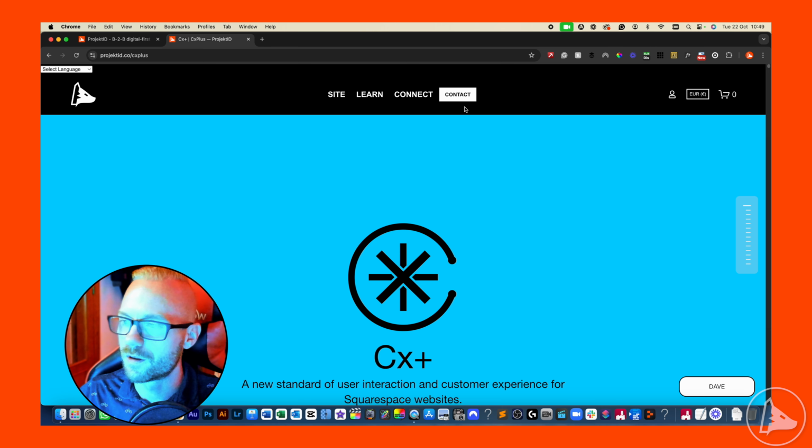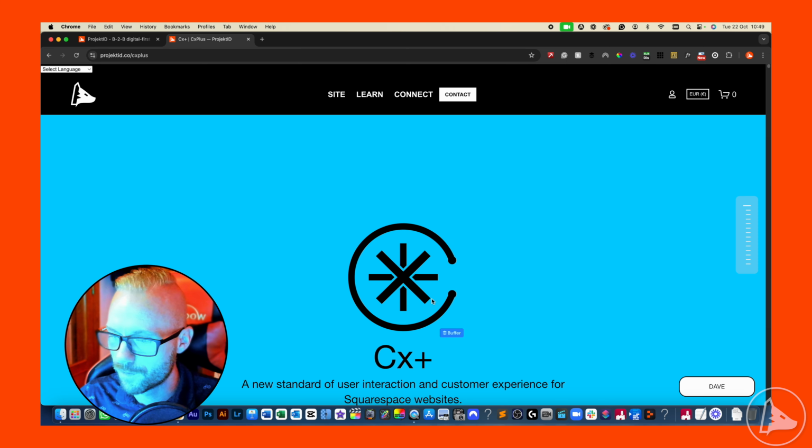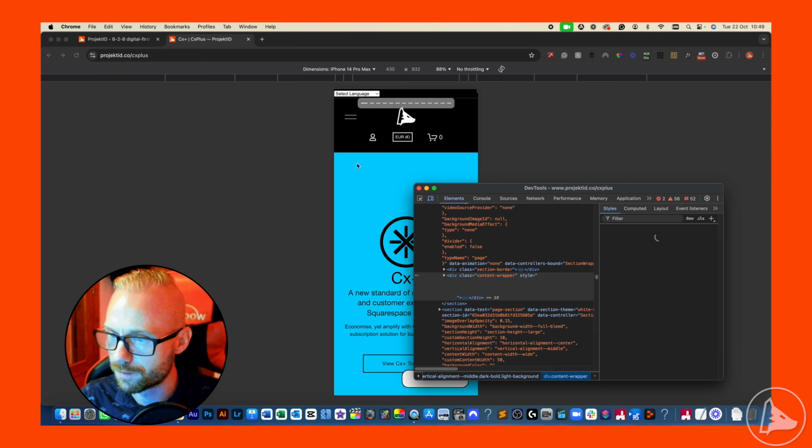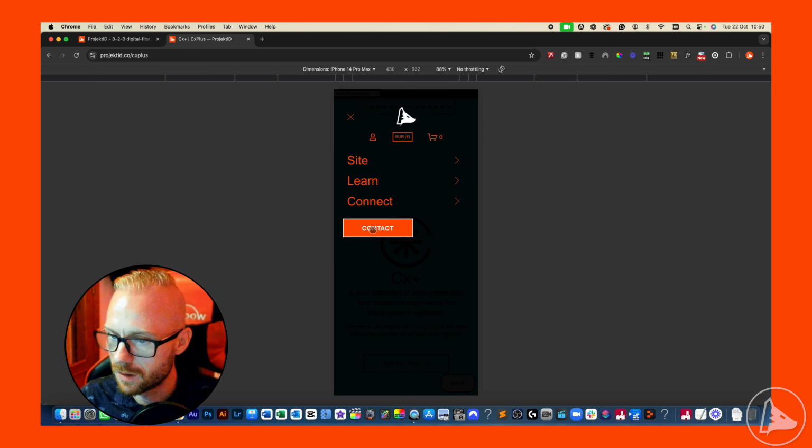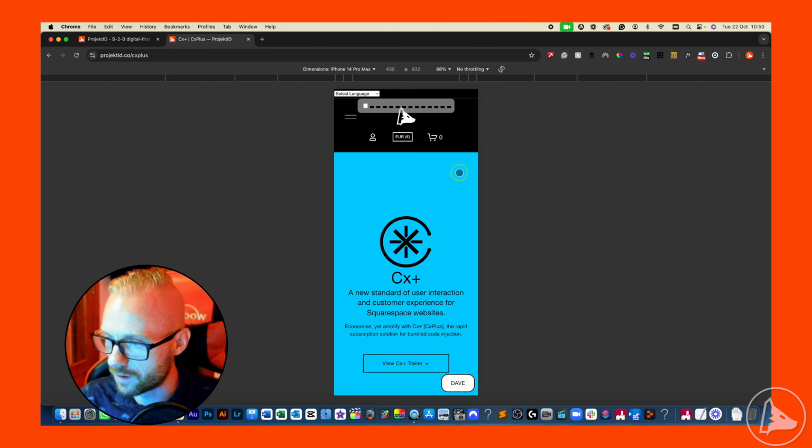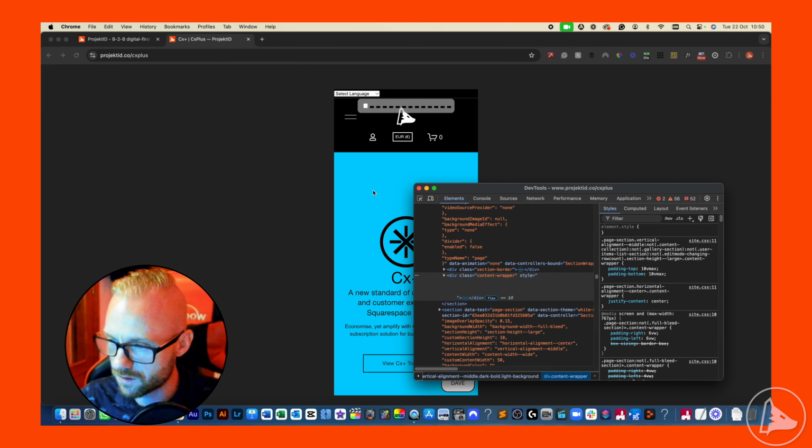But the idea is, with my layouts, I've got the logo on the left, I've got the menu in the middle, and I've got these other items here. The inbuilt button would show up normally here, and that's fine, but I just feel like it's a bit cluttered. So my logic was to put it next to the main menu, and by having it next to it, it should hopefully encourage the user to click on it as well. It will actually show up on the mobile version as well, and so this is the button as well. But what we can do is, if I just go back to the desktop view,